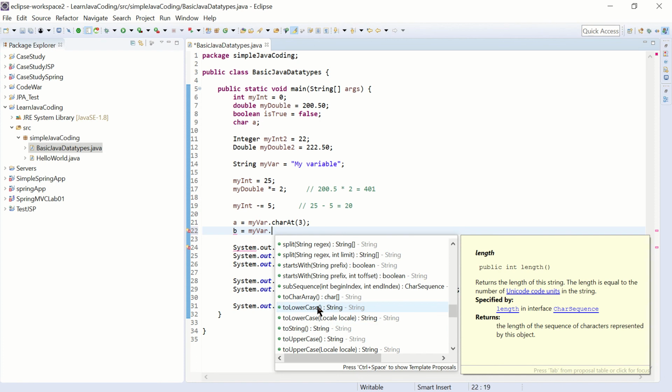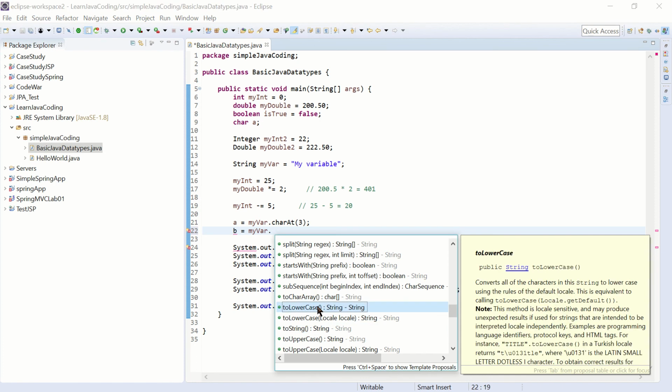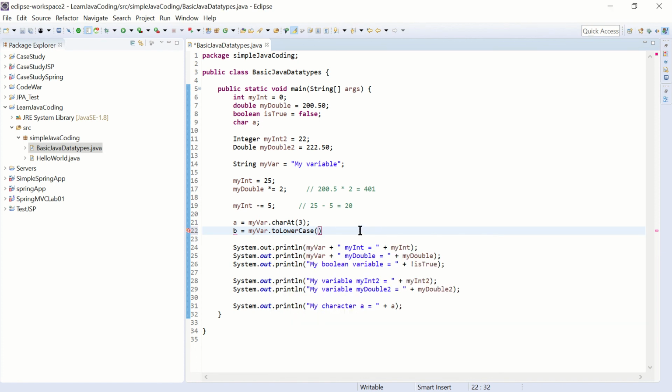So if I say B equals myVar.toLowerCase, let's see what this gives me. First of all, I got an error here, and it says B cannot be resolved to a variable, and that's because we haven't defined the variable. We need to declare the variable. So I'm just gonna put B here,